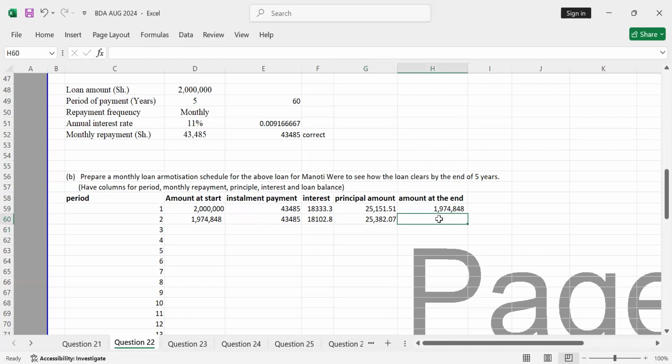in this case now will help us to know the amount as at the end. Amount at the end will be given by the amount at the start, you minus the principal payment. Once you do that, from the second row, and that is from where we have the installment payment, you can highlight. From here, you highlight up to the last, up to the amount at the end.